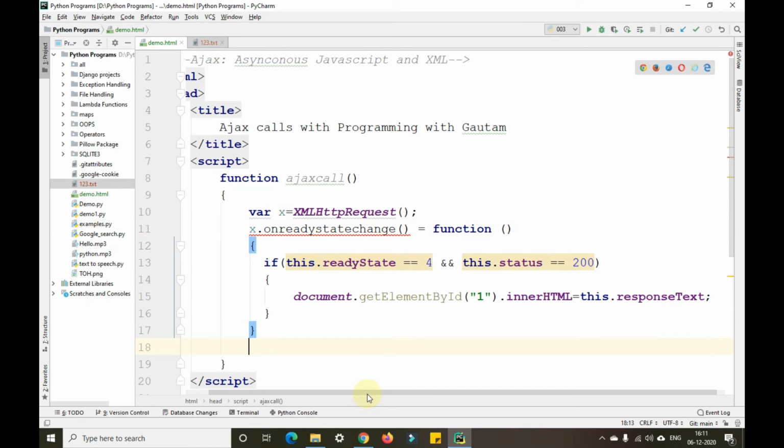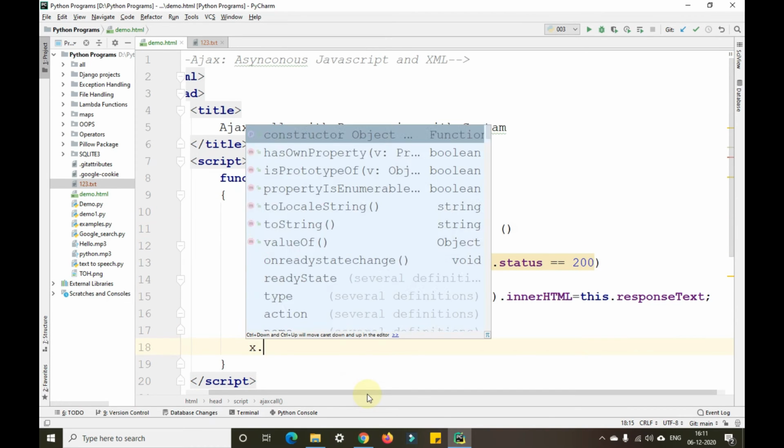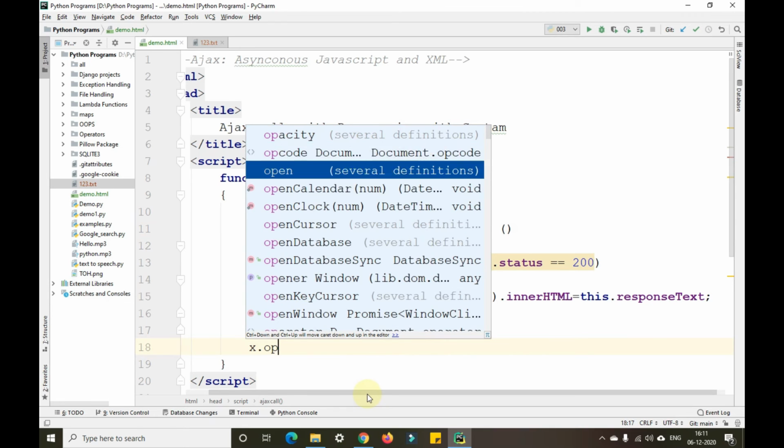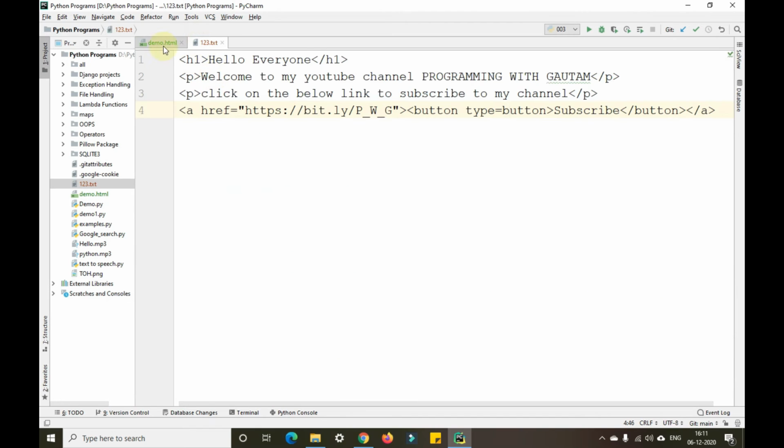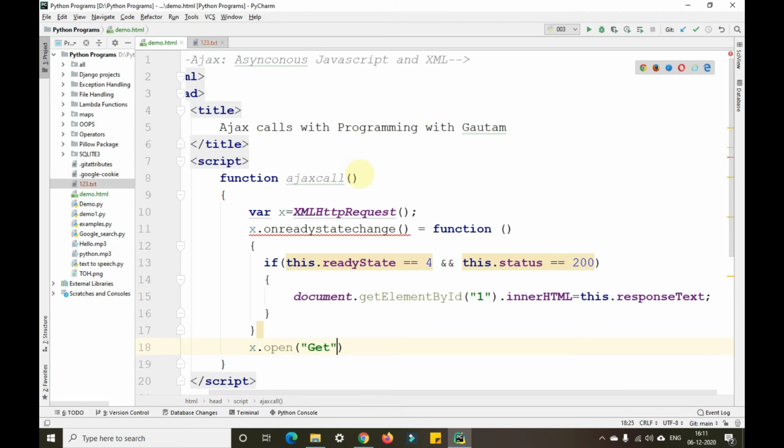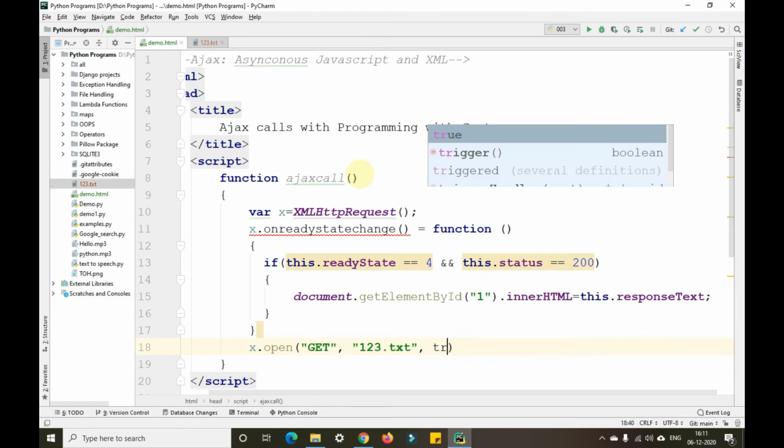After that, x dot open, we'll open that in GET mode. We'll open this particular 123.txt in GET mode. So this GET should be in capital letters, guys. Comma 123.txt, comma true.